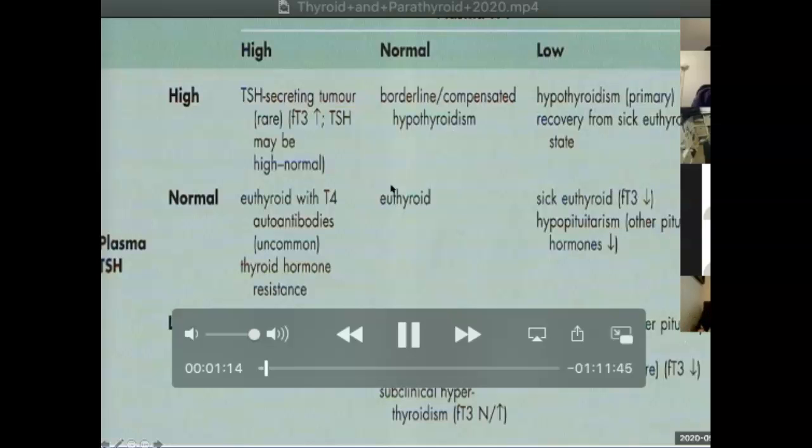Okay, so again, this is just another kind of chart that can show you what you can expect if your TSH is high, normal, or low. If your TSH is high, you're going to think about a TSH-secreting tumor. You're going to check the free T4, even though your TSH might be at a high to normal level. If it's normal, it's euthyroid, or normal,